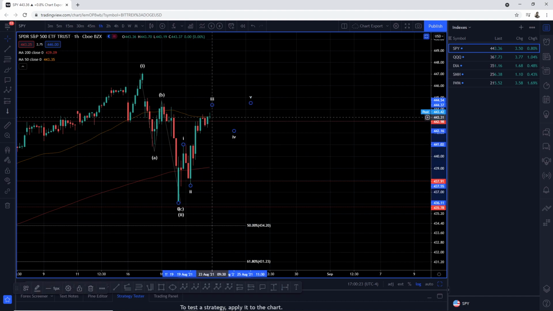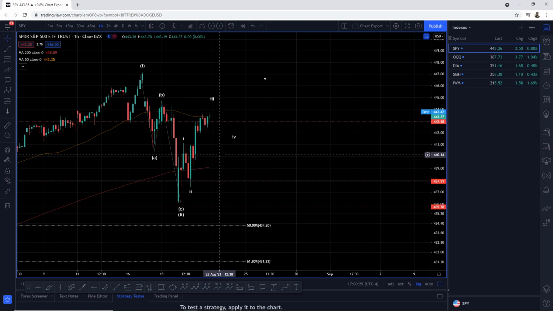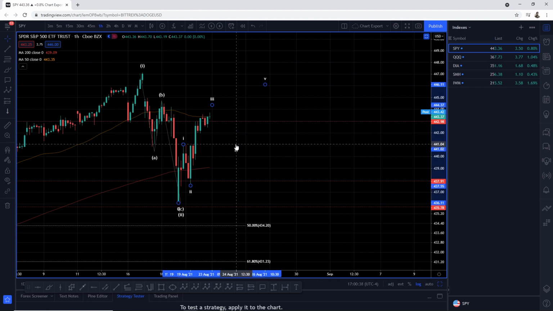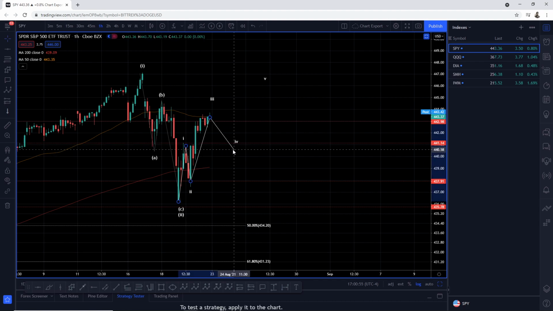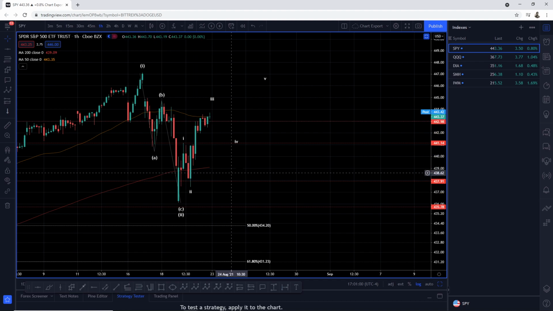Now, if you've been watching these videos, you'll know what I'm about to do next and where we will invalidate this count. I'll give you a second to think about it. Where we would invalidate this count is if wave 4 passes below the extreme of wave 1. That will look something like this: obviously 1, 2, 3, and then if we cross below this line, which I'm just going to arbitrarily draw there, then this wave count is invalid, and therefore we will go back into our interpretation that this is still an ongoing wave B. Sorry, wave 2. My apologies.